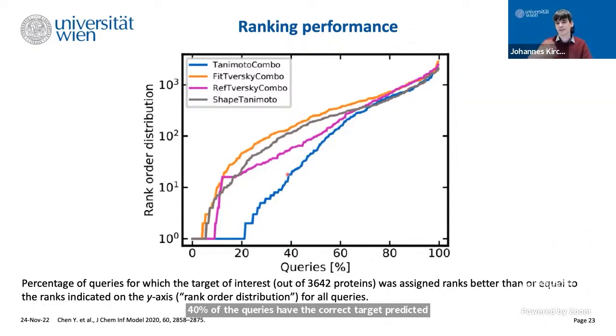Now you may think, what does this help me if my target is one of the top 20? Well, in reality, it can be very helpful because you have some background knowledge of your queries. You know basically what your molecules do in a cell, and you may also have some additional observations. You may also not just have a single query, but maybe 5 different queries. And if you pull together these results, you may be able to reduce these 20 candidate targets to maybe 1 or 2 or 3, and then have some very nice working hypotheses and avenues to proceed with your research.